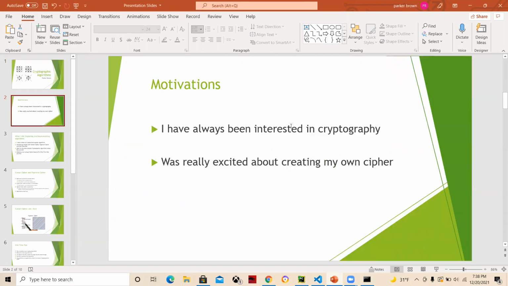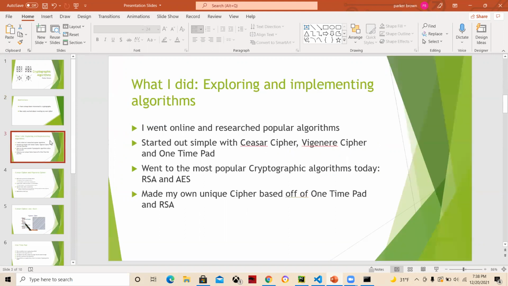My motivations: I always liked cryptography as a kid. I liked doing riddles and little codes and stuff, and I was really excited about creating my own cipher. So what I did, I started off, I went online, researched some popular algorithms, started with some of the easy stuff, then moved on to some of the more modern stuff like RSA and AES, and then I made my